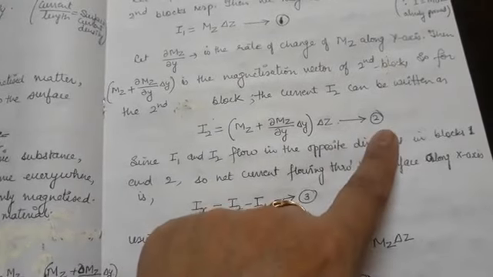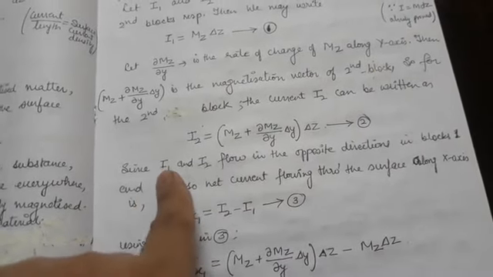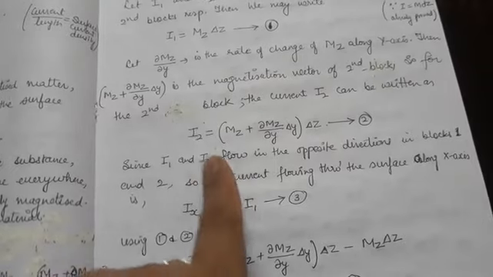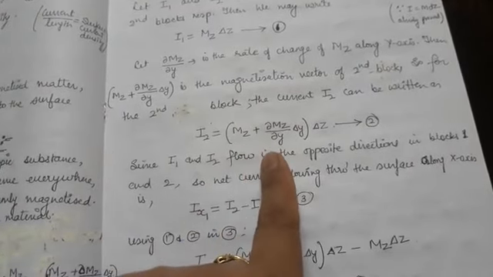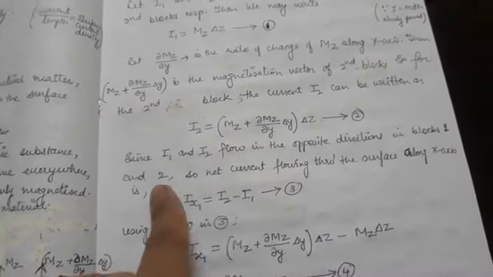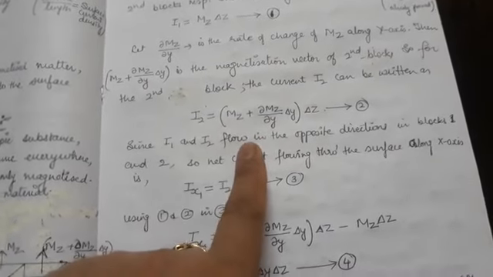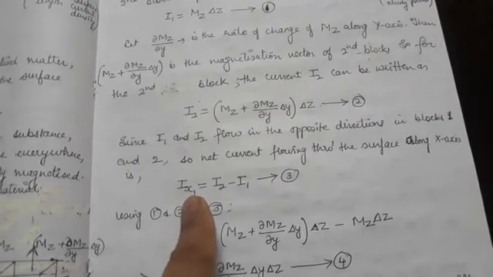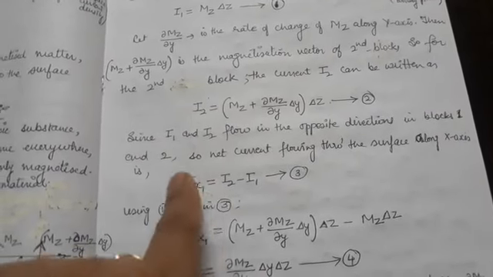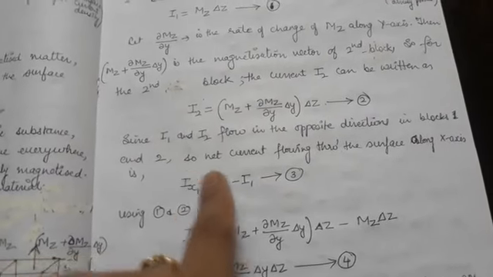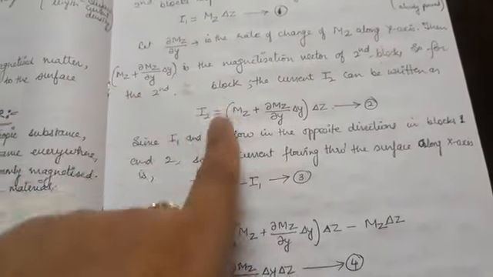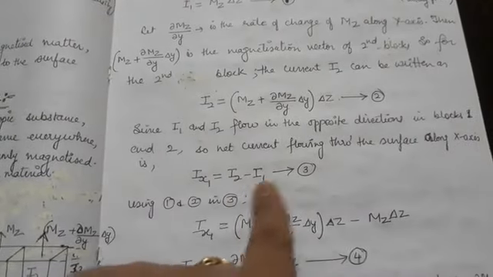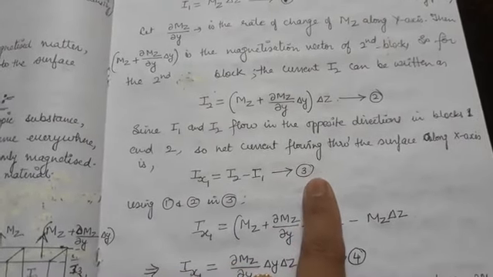So my dear students, I have told you already that both the currents are in opposite directions because Mz is in the same direction. This is the condition which can be satisfied if and only if I1 and I2 are in opposite directions. So I'll get Ix, the net current along the x-axis, it is I2 minus I1, the increased current, because this is greater than I1. So I'll subtract I1 from I2: I2 minus I1. Equation number 3.